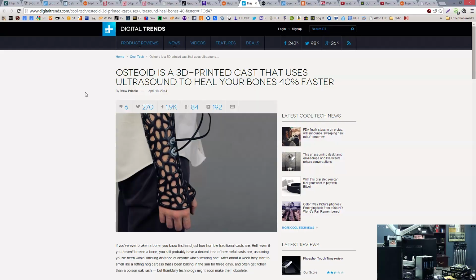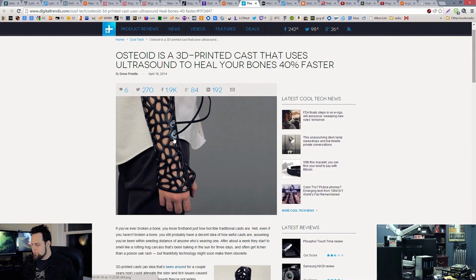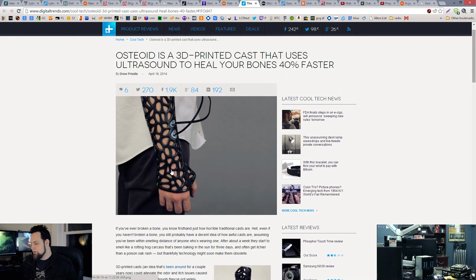However, traditional casts are built in such a way that that's pretty much impossible. But now with a 3D printed cast, 3D printers are just so freaking cool. If they 3D print a cast specifically for you, they can put this little device right there in the cast, because there's more open space in the cast. It's pretty much like they could just make a shell, as you can see in the design here on this one. Your arm still has plenty of room to breathe,